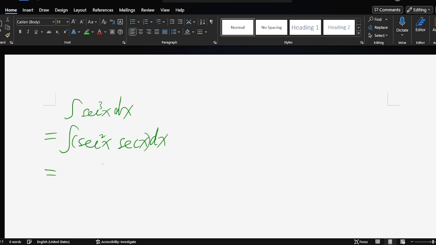Okay, so we put this secant x after d. So we do that. Secant x d